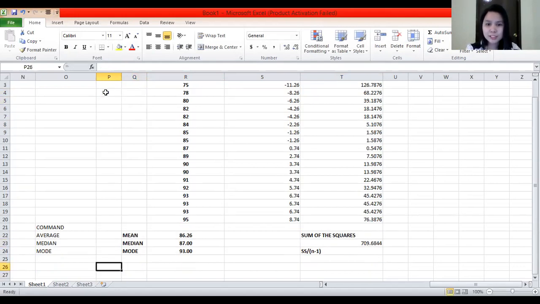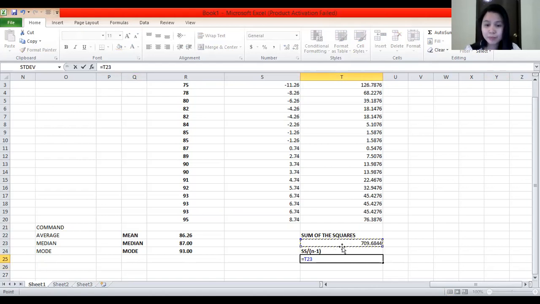So let's go back to the sum of the squares. Equals the sum of the squares, you divide it by n minus 1. Again, let me correct it: n minus 1, not only n. So that will be 19 minus 1. It's already 18 here. The answer to that, let's decrease it to two decimal places, is what we call the variance